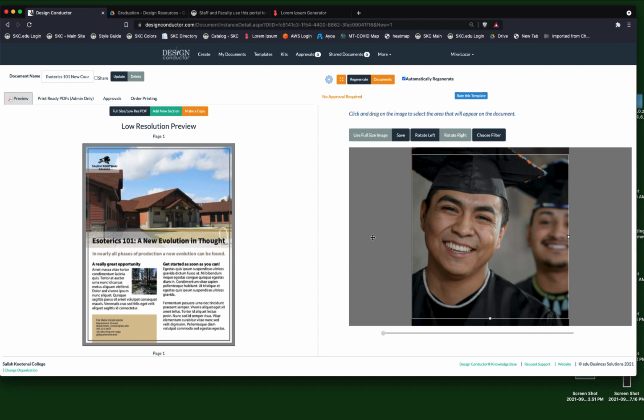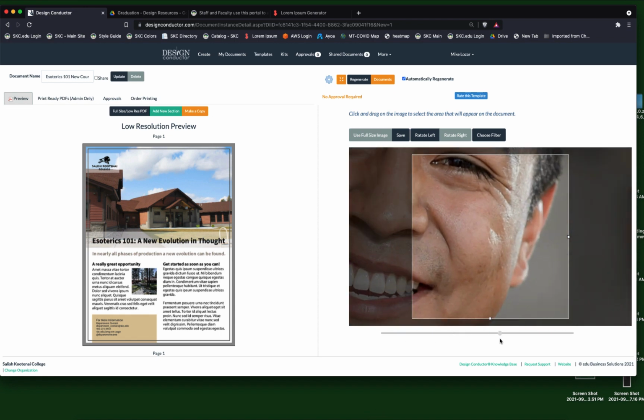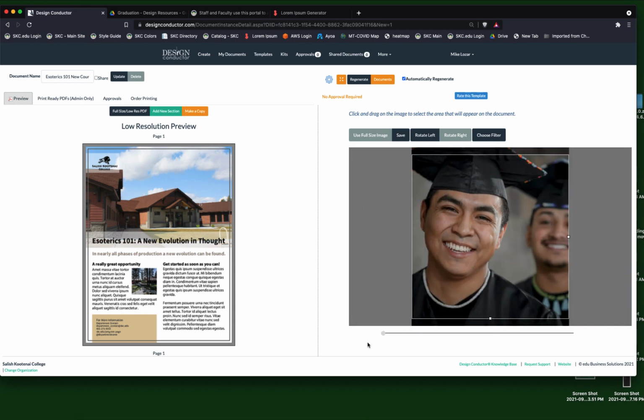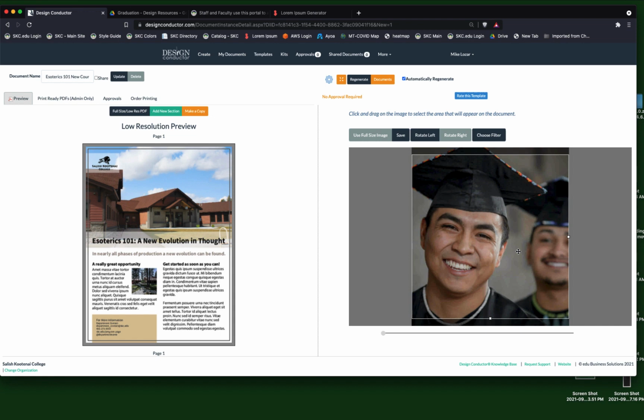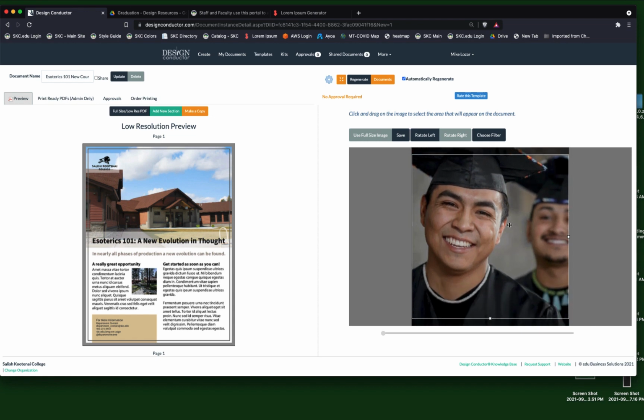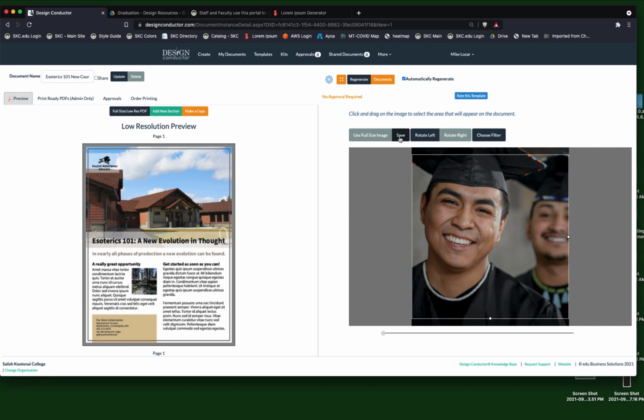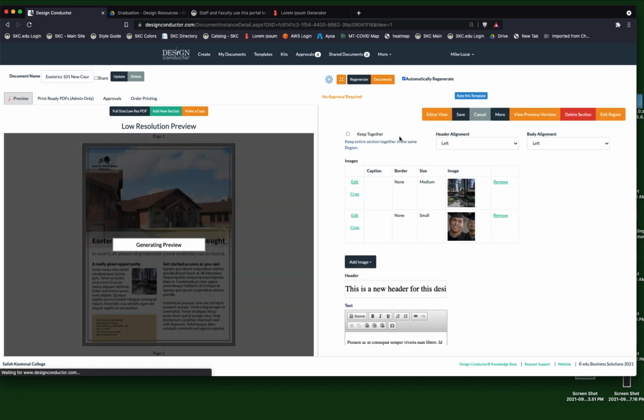And we'll have a similar dialog that we had when we replaced the top main image, where I can zoom way in or zoom all the way out. I can move the image up and down depending on where the excitement in the image is. So once I hit Save, the preview is going to regenerate,